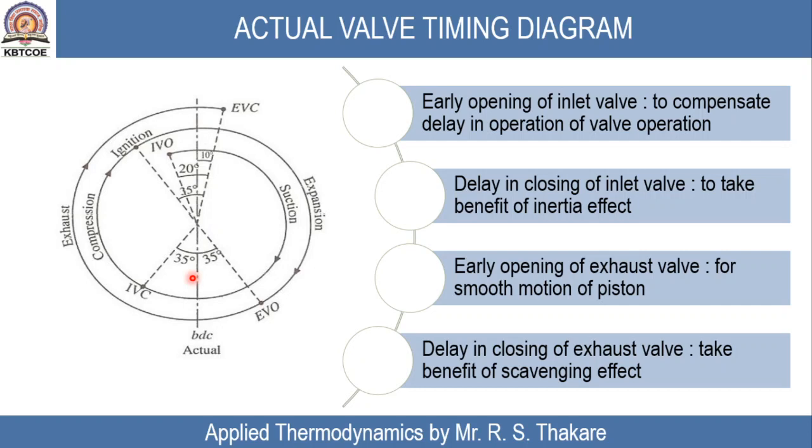What is inertia? Inertia is tendency of body to maintain its state of rest or of uniform motion. So whenever any body or any mass is moving with uniform velocity, it has tendency to maintain its motion. So whenever piston is at bottom dead center, there will be charge taken into the cylinder having certain motion. So it has tendency to continue its motion. If you close that inlet valve, there will be interruption. But if you provide delay in closing of inlet valve, more charge will be taken into the cylinder.